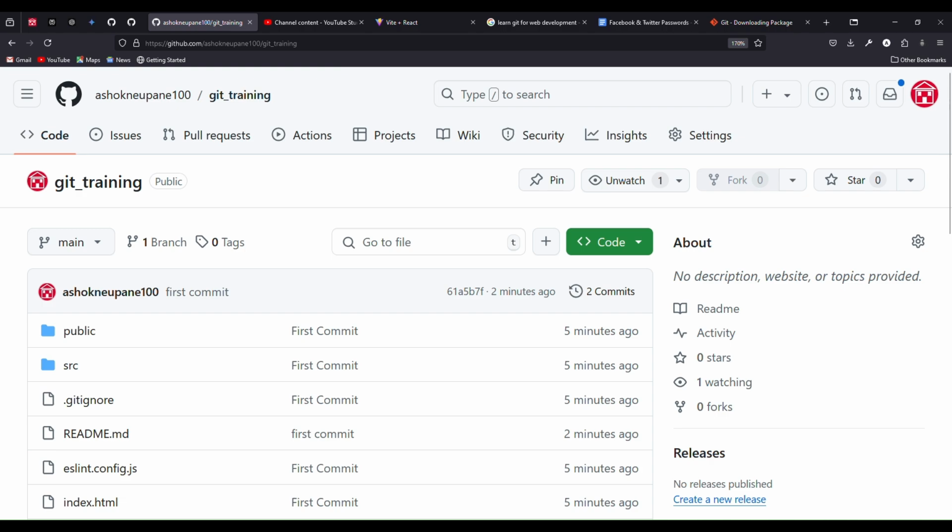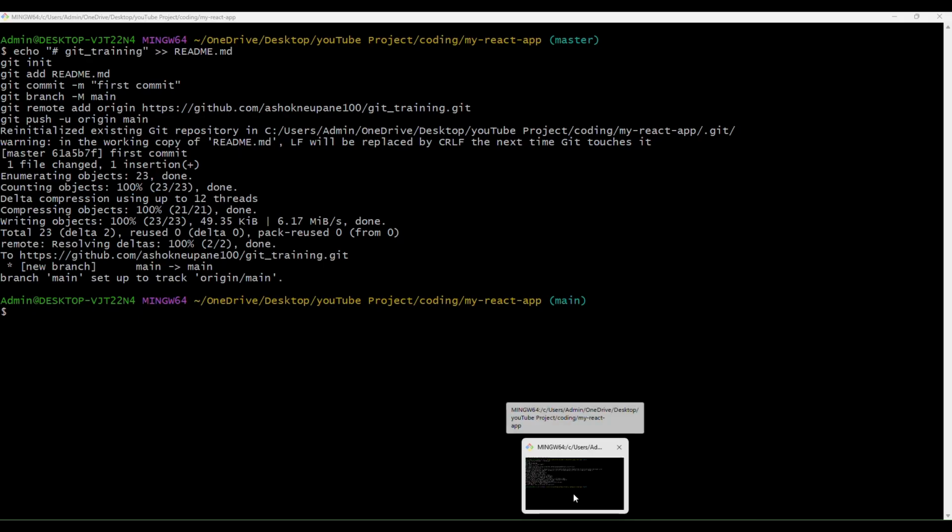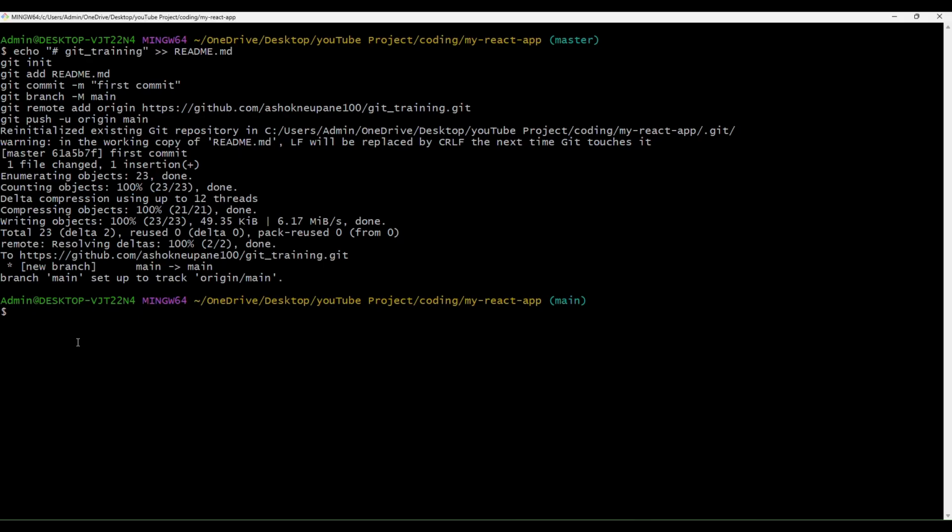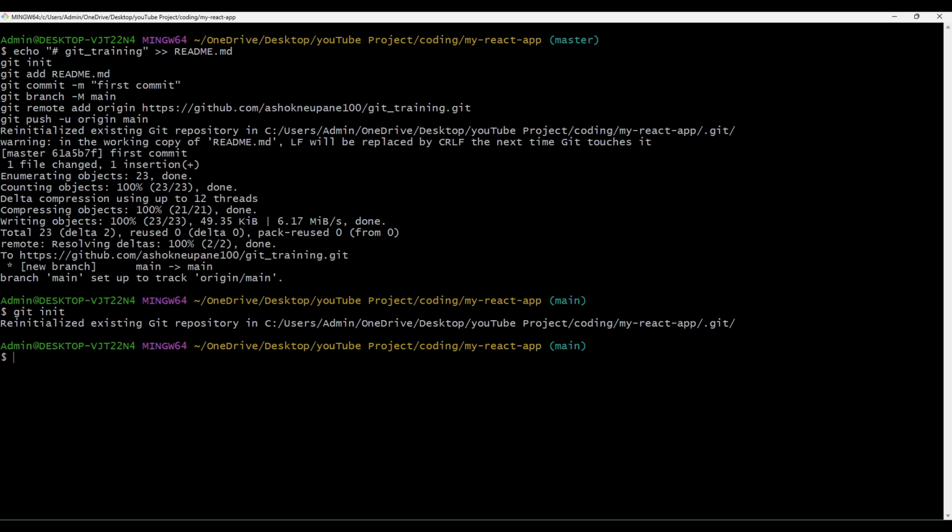Then we go here and again start the git commands: git init, then git add dot. Here it's a space, don't forget this space, then dot.